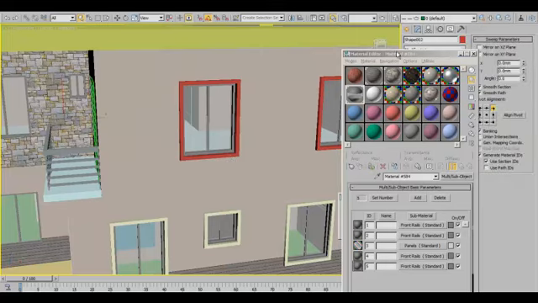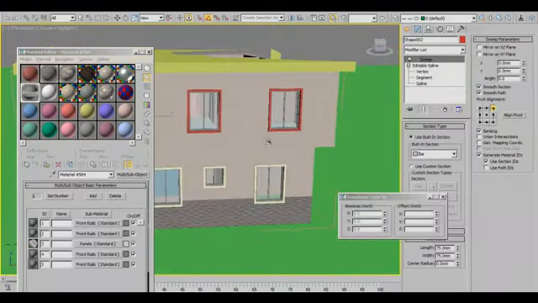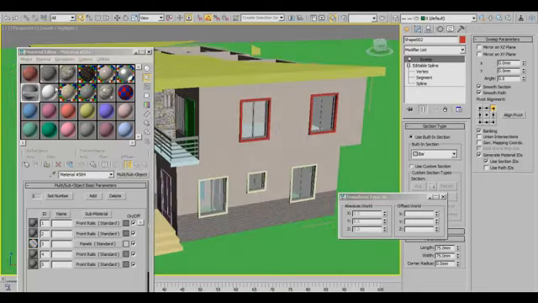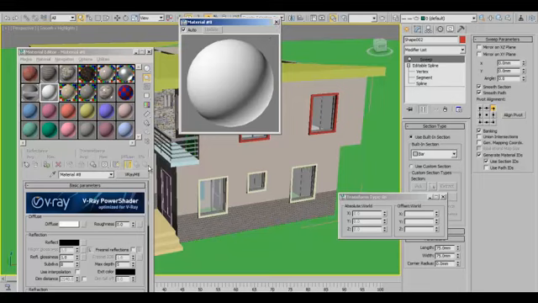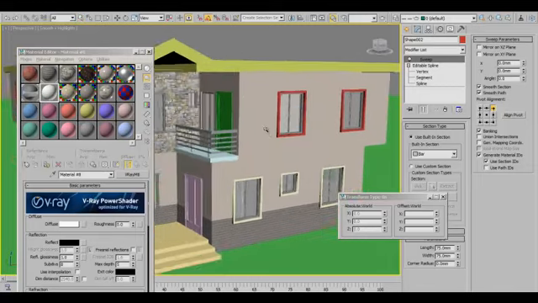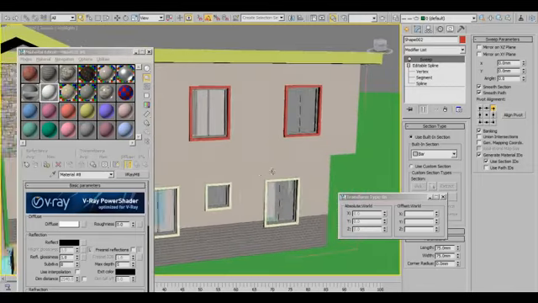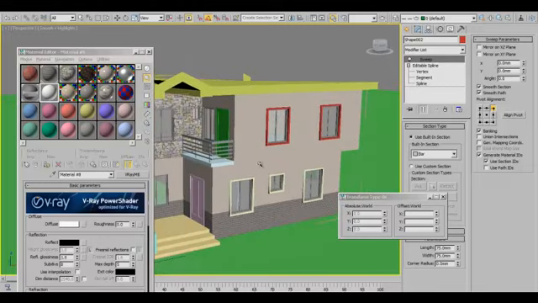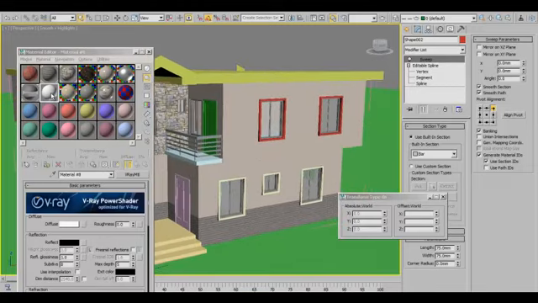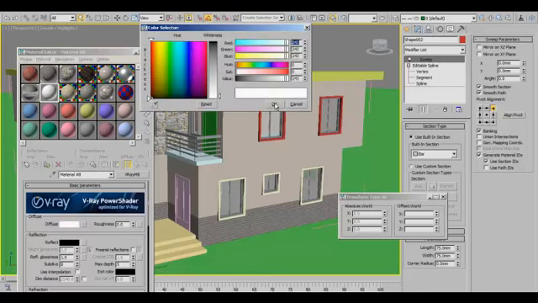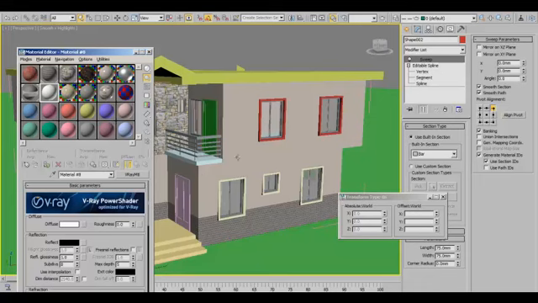Also, we've added some hoods to the windows, which we'll now apply a white material to, though not a totally white material, because a totally white material creates overburn in renders, and it could cause crashes and a lot of different forms of errors in our renders. So I'd advise you don't use a totally white material in your scene, except it's a map basically. So what I'm going to do now is apply this, then get this, apply that to all the hoods,